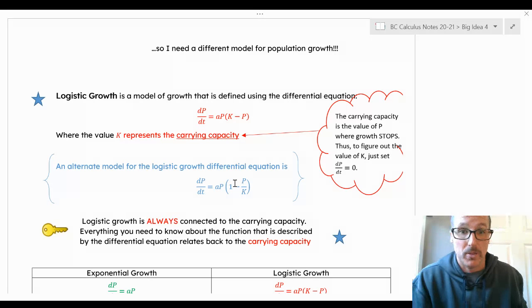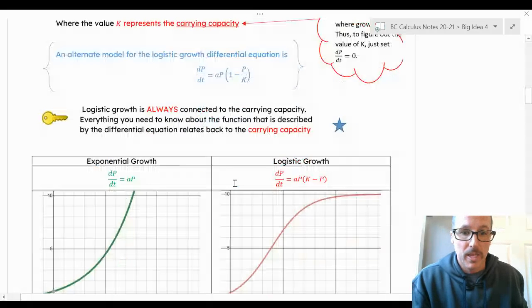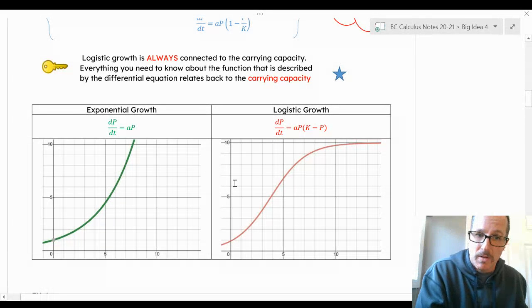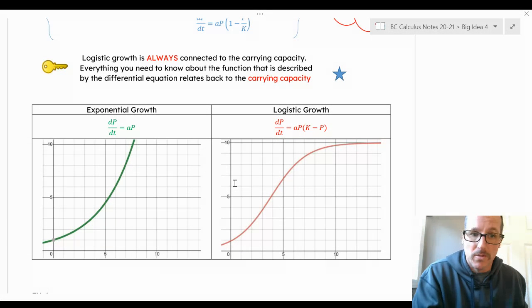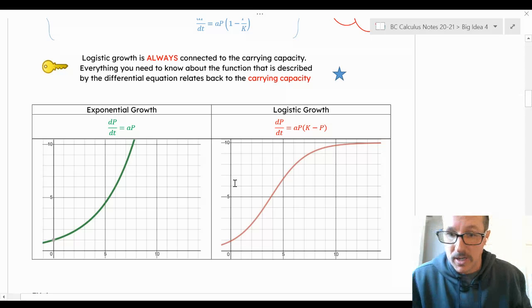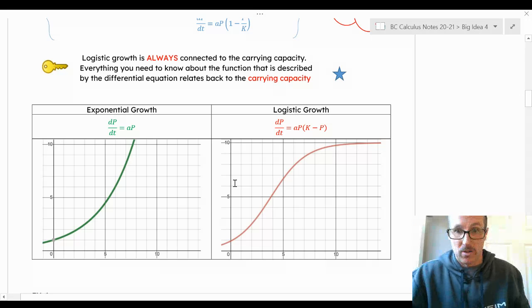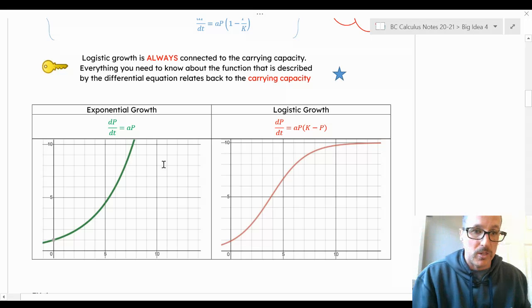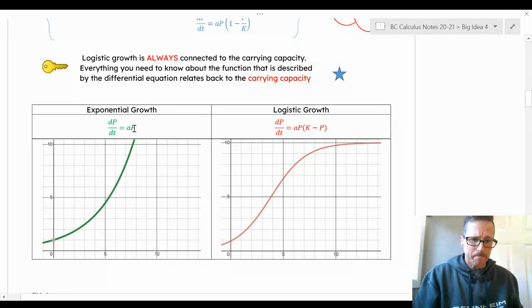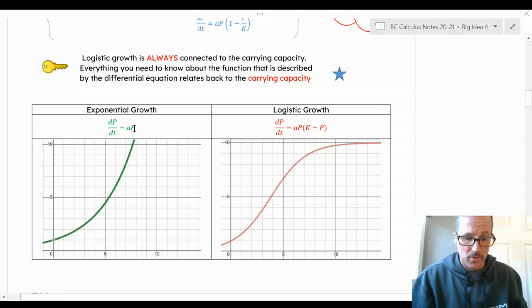So I'll show you a couple of those a little bit later on. Just to show you the difference between an exponential growth model, where the rate of growth is directly tied to how much stuff is there. The more stuff that's there, the faster the growth. You see over here in the green, dP/dt is A times P. That's just saying that the rate of growth is directly